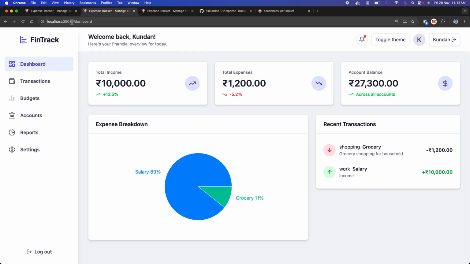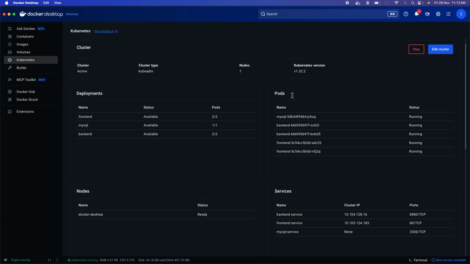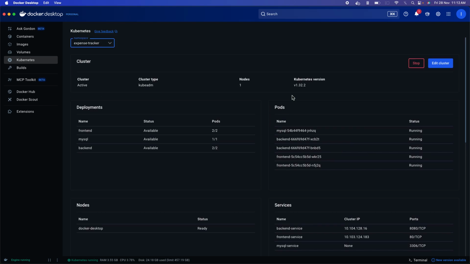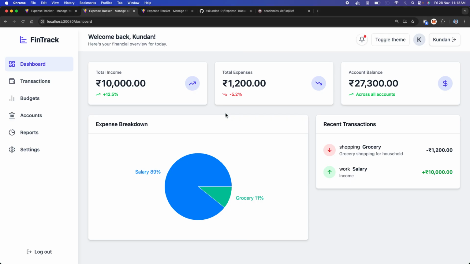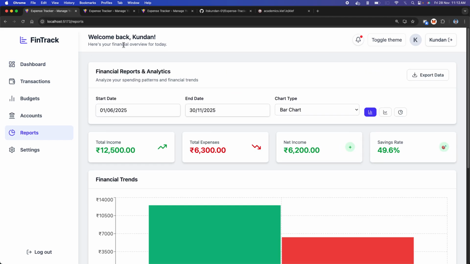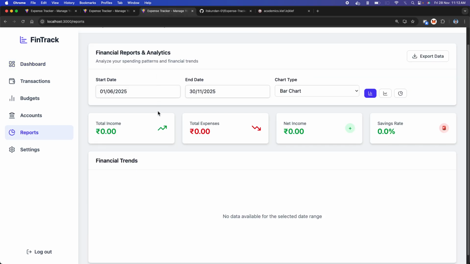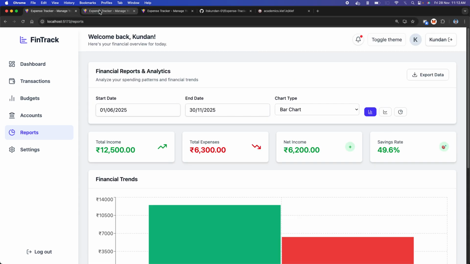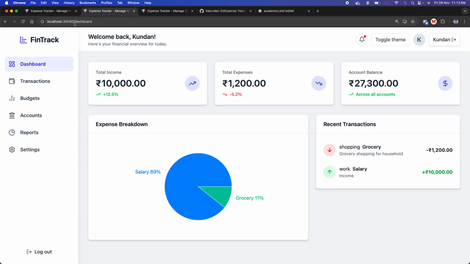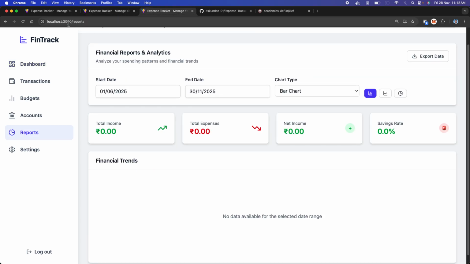Now this is being done in the Kubernetes cluster, and all those pods and containers are working perfectly, and there is no issue at all. And concurrently we are using 3. The first one is the localhost, the second one is the Kubernetes cluster, and the third one is in the Ansible. So each and everything is uploaded, and everything is working at the same time with different ports. The first one is port 5173, the second one is 30080, and the third one for the Ansible is port 3000, which is working for the Docker.